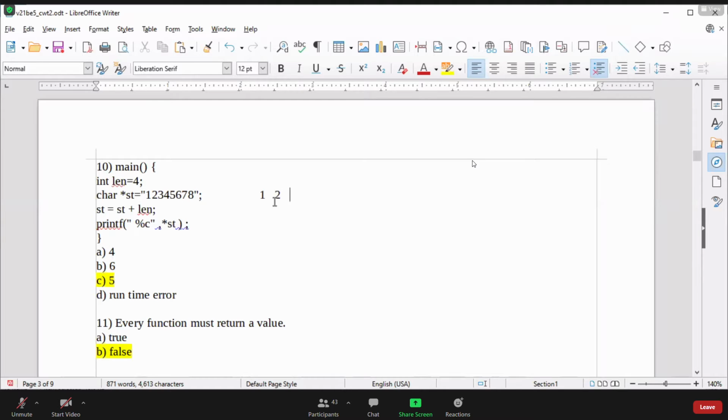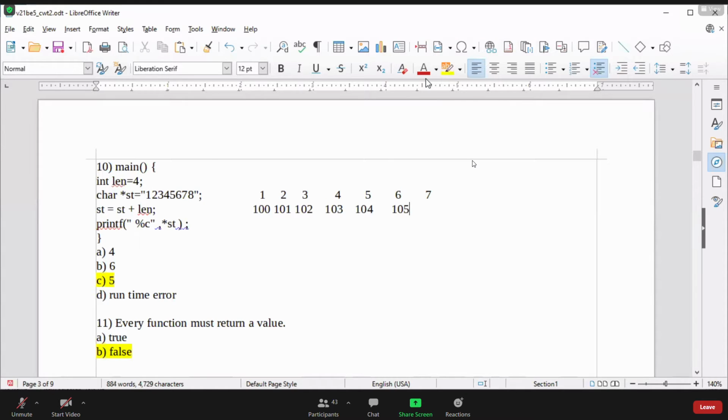We can say 1 2 3 4 5 are all characters which are stored in the string constant. Now if we do an address wise representation: 100, 101, 102, 103, 104, 105 and so on.